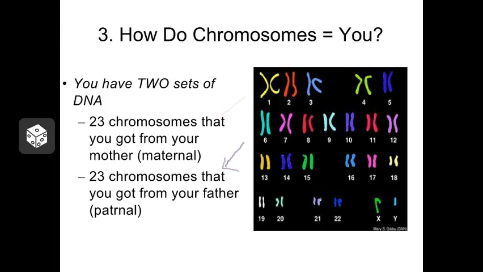You can actually see these chromosomes in a karyotype diagram. So in a karyotype, a cell has been taken out of an individual and has been made to coil up artificially and has been laid out in an organized way, so you can actually see the size and shape of the chromosomes. The chromosomes actually exist in pairs. Here, for instance, is pair number 1, and one of these chromosomes came from this person's mom, and one of these chromosomes came from this person's dad. So you actually have 2 sets of DNA, one set you got from mom, one set you got from dad, and you have 2 genes that can influence every characteristic.